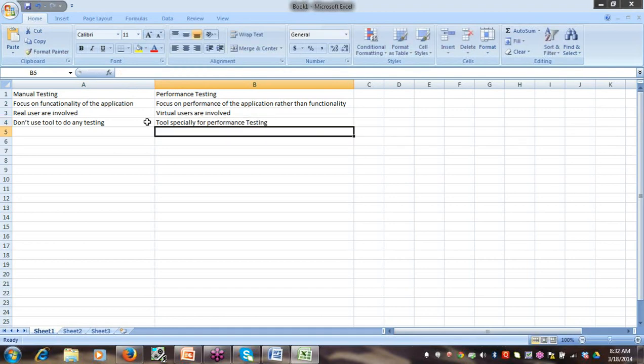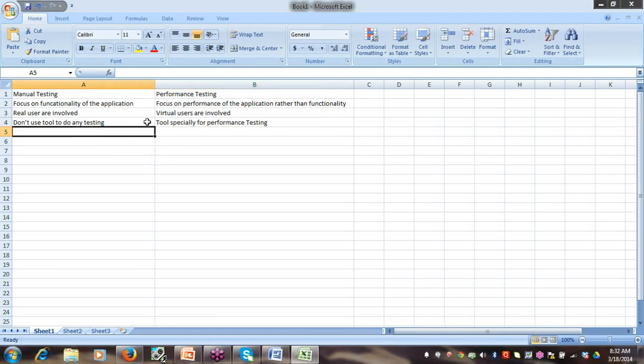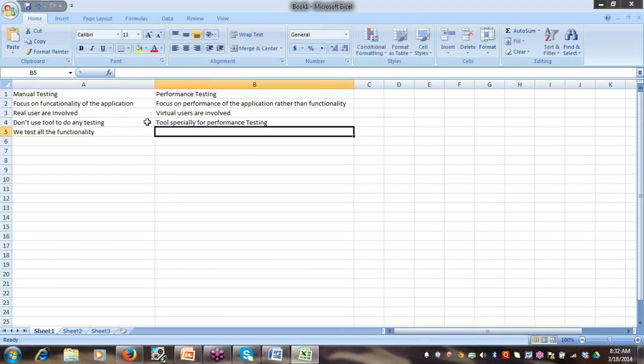Here we test all the functionality, and we focus on critical business processes, or critical test cases.